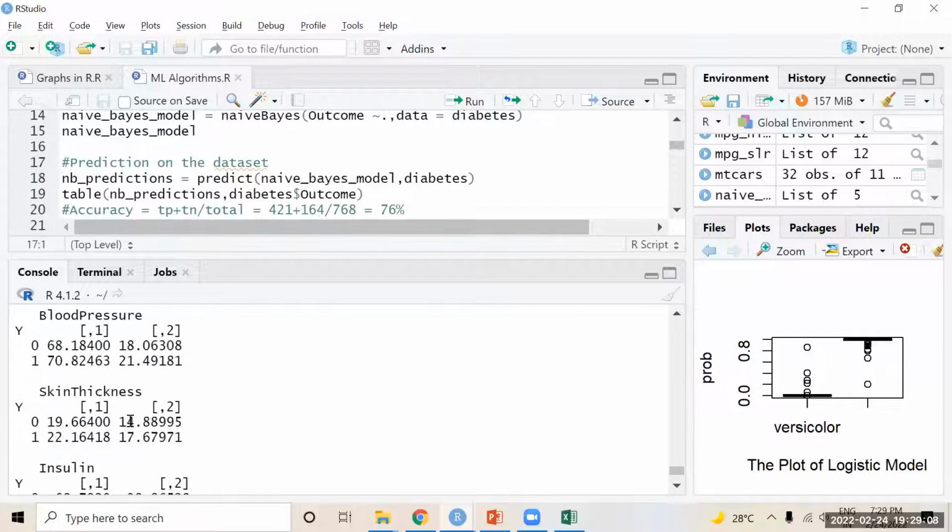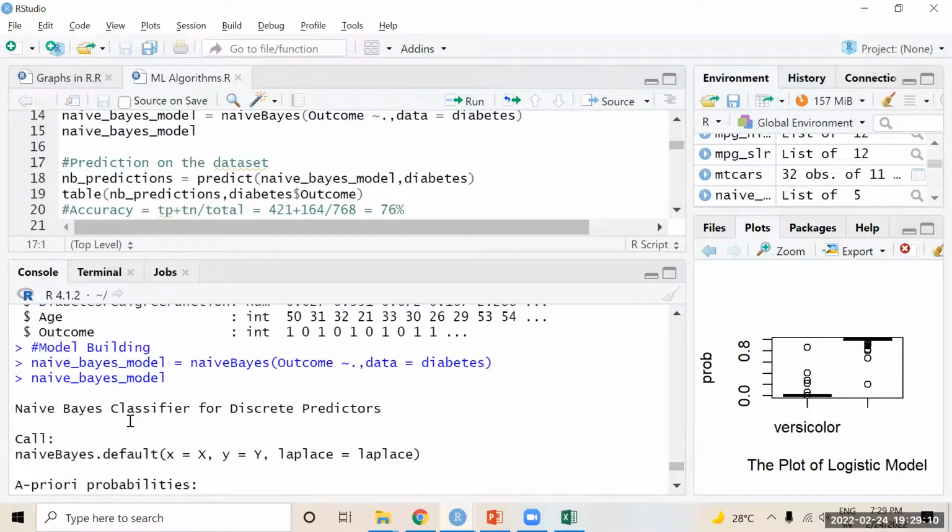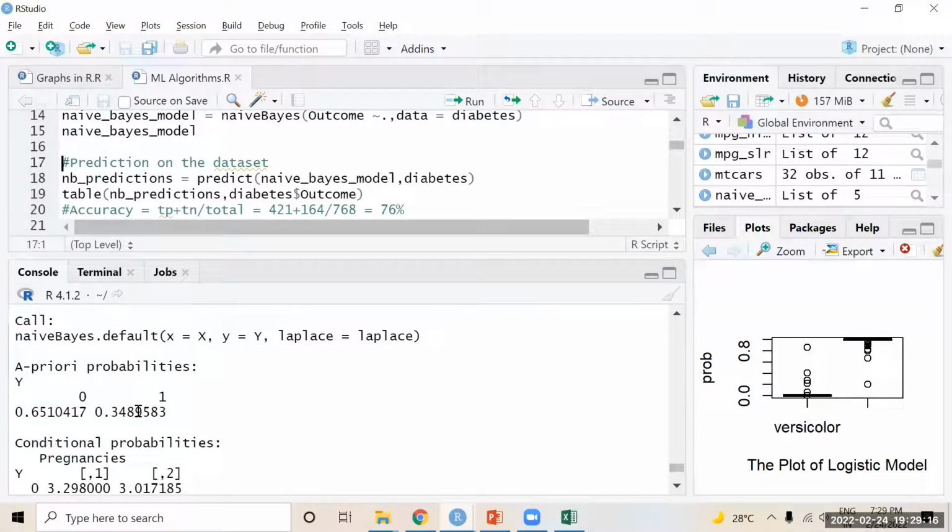These are the conditional probabilities. This is the output of the naive Bayes theorem. These are the a priori probabilities, 0 and 1, where 0 stands for non-diabetic and 1 stands for diabetic patient.